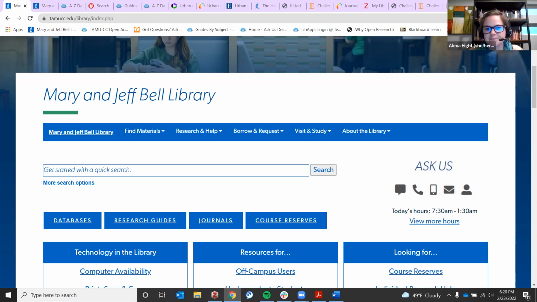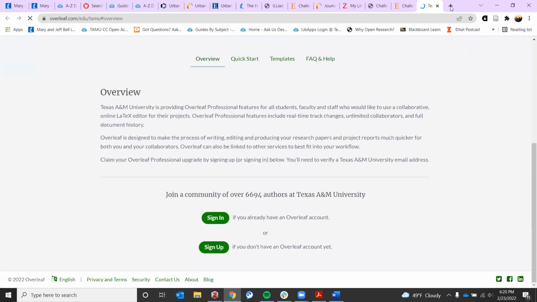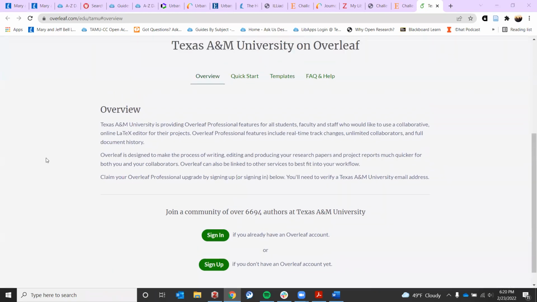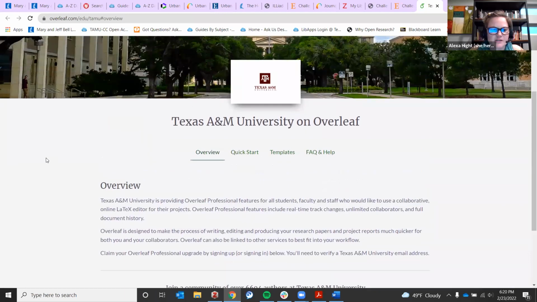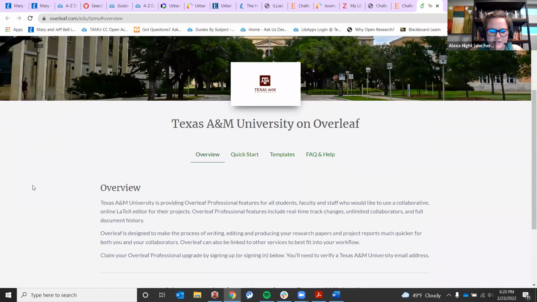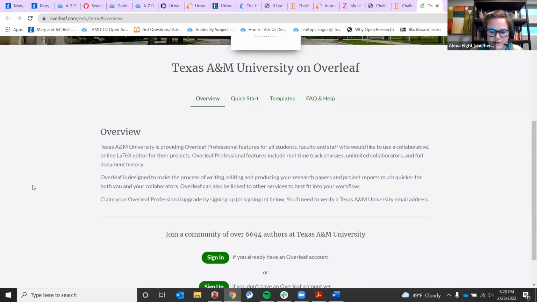Gotcha. So actually, the reason I joined this is because I wanted to ask, if you open that link, you can see that TAMU offers access to Overleaf for students and faculty.